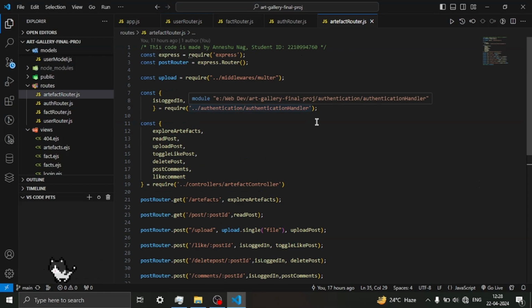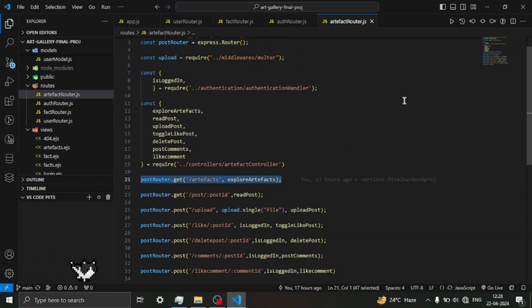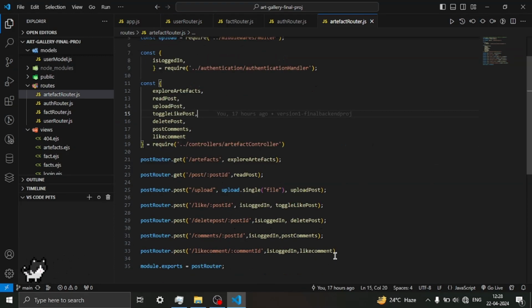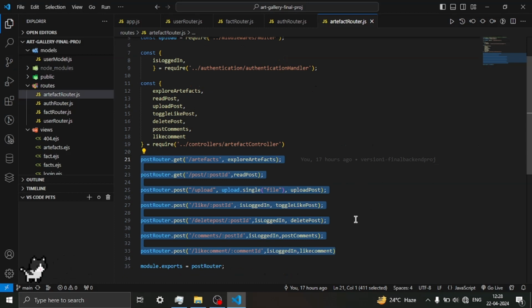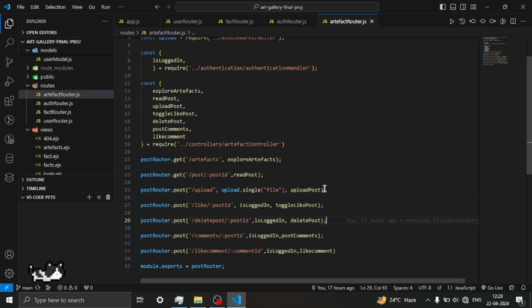Moving on to the post router, which manages endpoints related to the artifacts, the image-based post in our application. Similar to the user router, this router directs requests to the corresponding controller functions. Here we have routes for exploring artifacts, uploading new artifacts, liking posts, and post comment. For instance, the /upload route utilizes the upload post function from the artifact controller to handle the upload of new